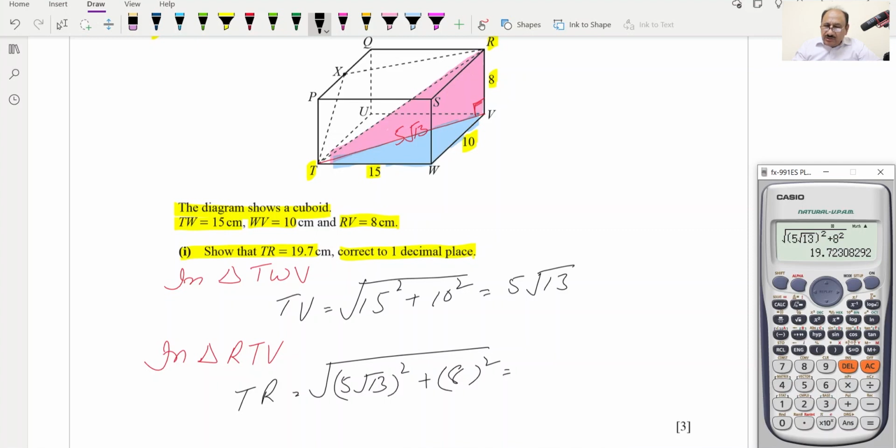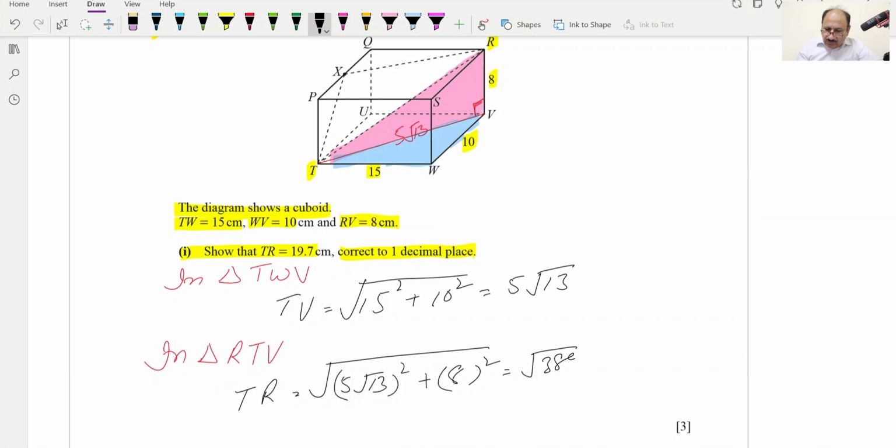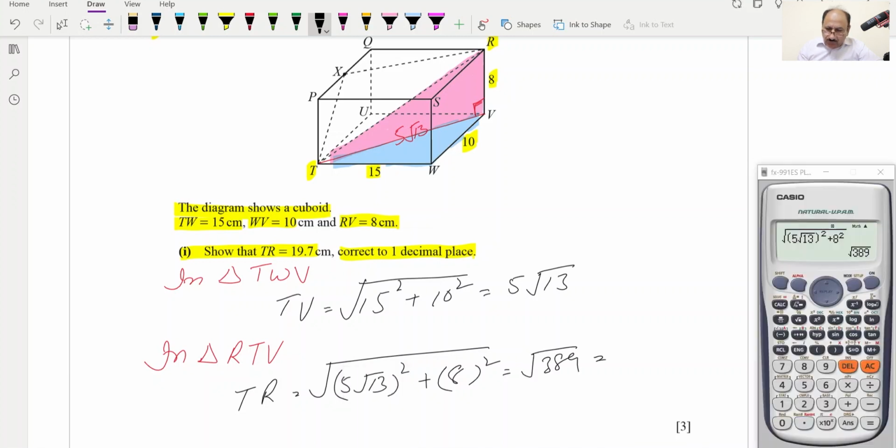So we can rewrite as under root 389, which is equal to decimal value